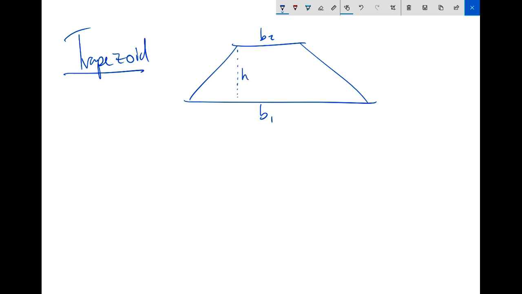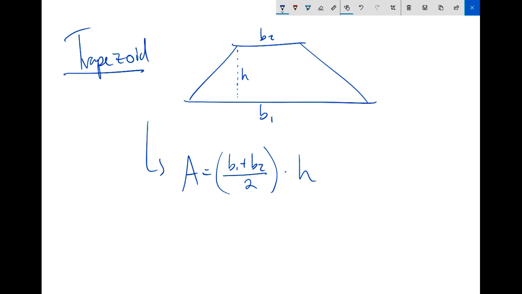And the area of a trapezoid is base 1 plus base 2 divided by 2 times the height. So, yeah, you don't have to memorize that one. But that's the area of a trapezoid. Trapezoids you encounter a little less commonly. But they're in the section to be covered, so